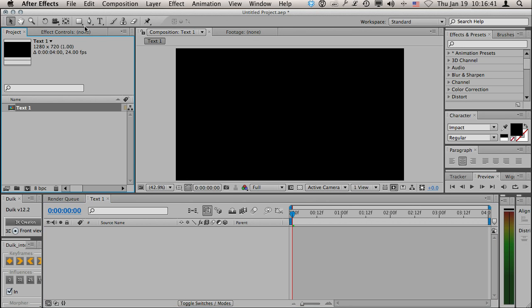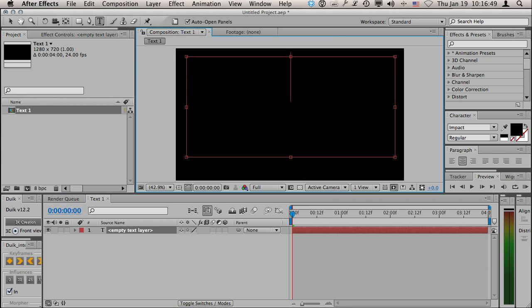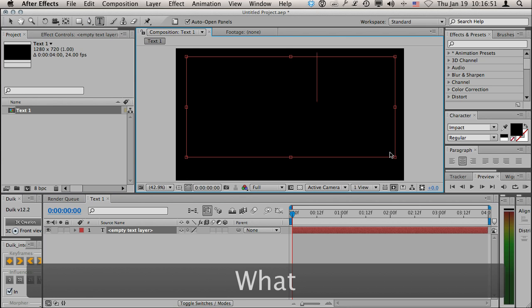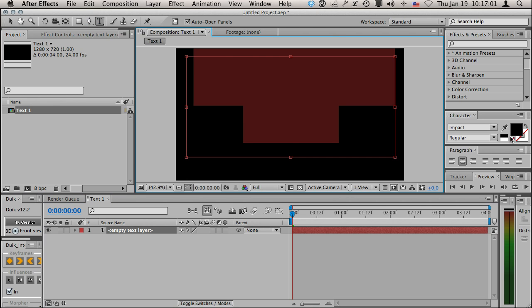Alright, so first we just want to use the text tool. So we can click here, or the hotkey is Command T. I'm going to type in something real quick. Alright, and it's not showing up because right now the color is set to black. So I'm going to highlight that, set it to white,